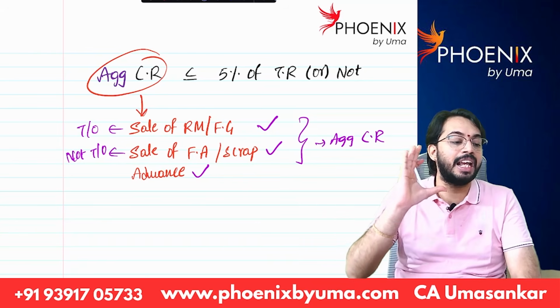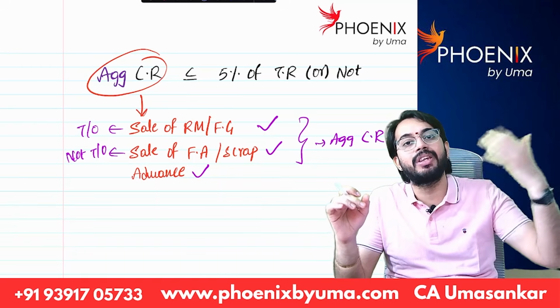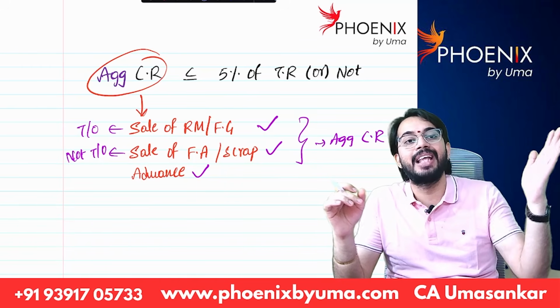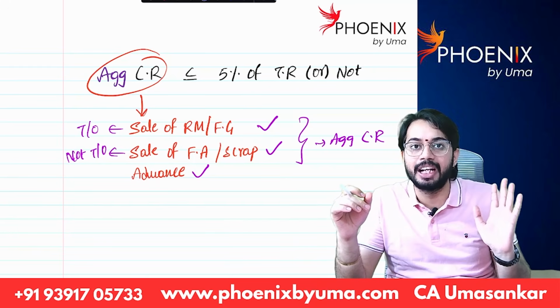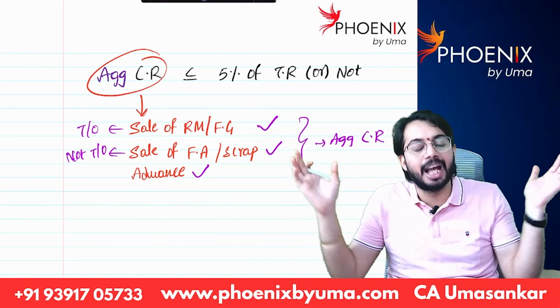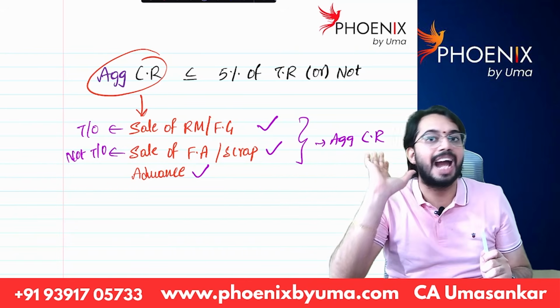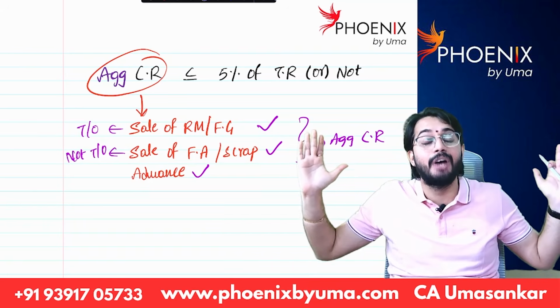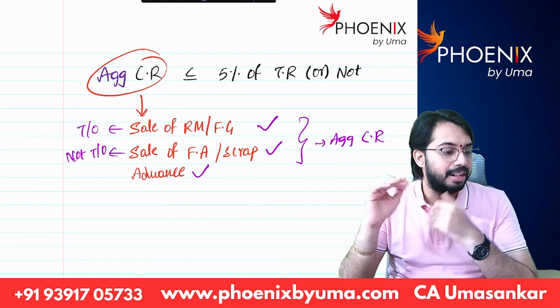When you are calculating aggregate cash receipts, you have to consider all amounts received in the business, whether the amount is received for sale of material, sale of asset, rental income or advance. Whatever money you receive in business will be treated as cash receipt, and you have to consider aggregate cash receipts. Are you able to understand? Next,